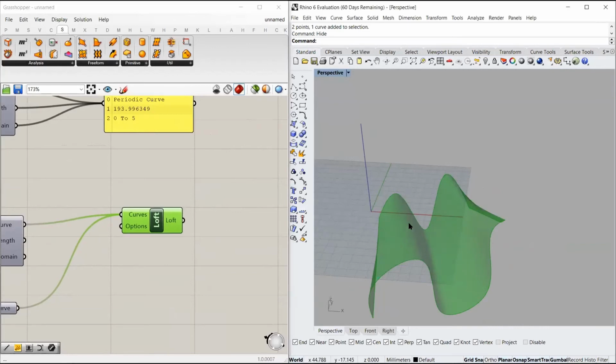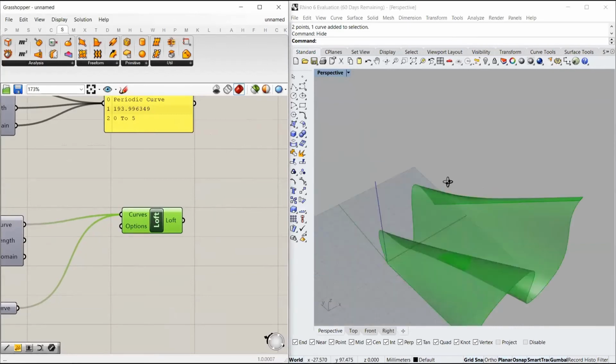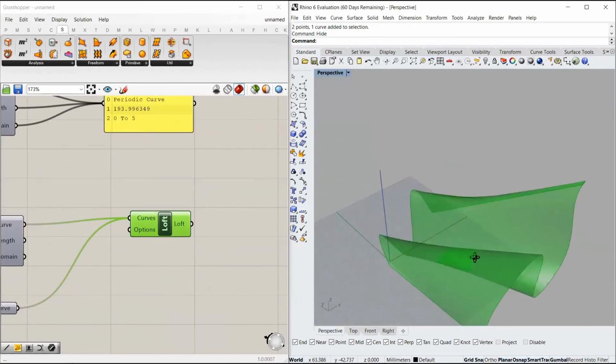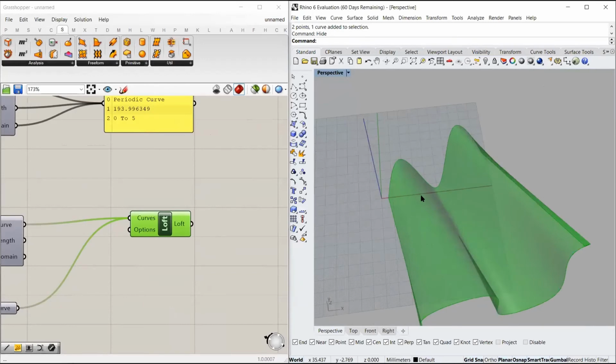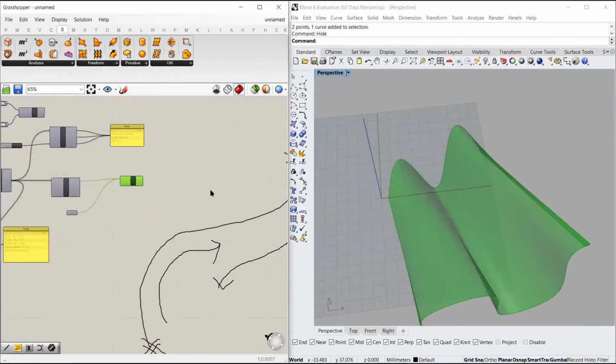Okay, so the next step, suppose this is a front surface for anything, and I want to divide this surface, like for example, let me sketch it out.